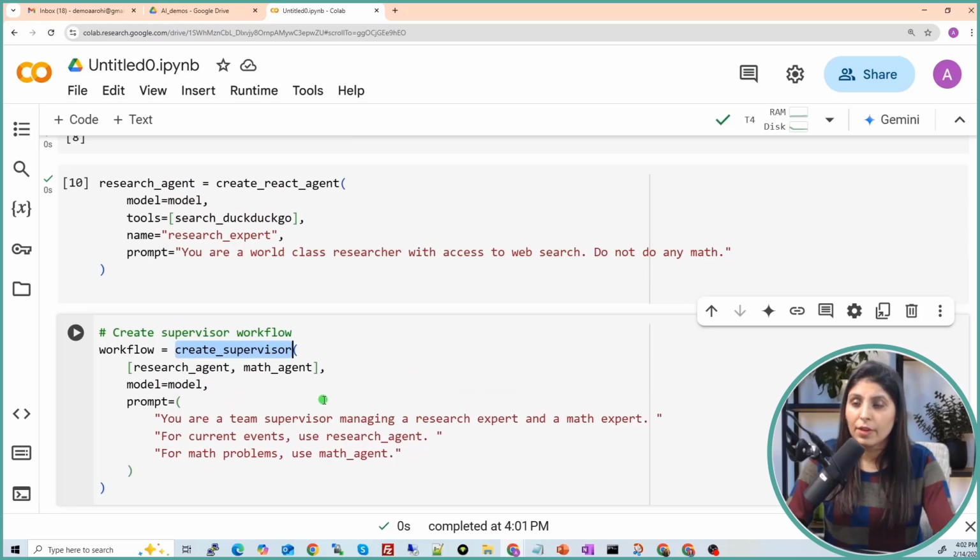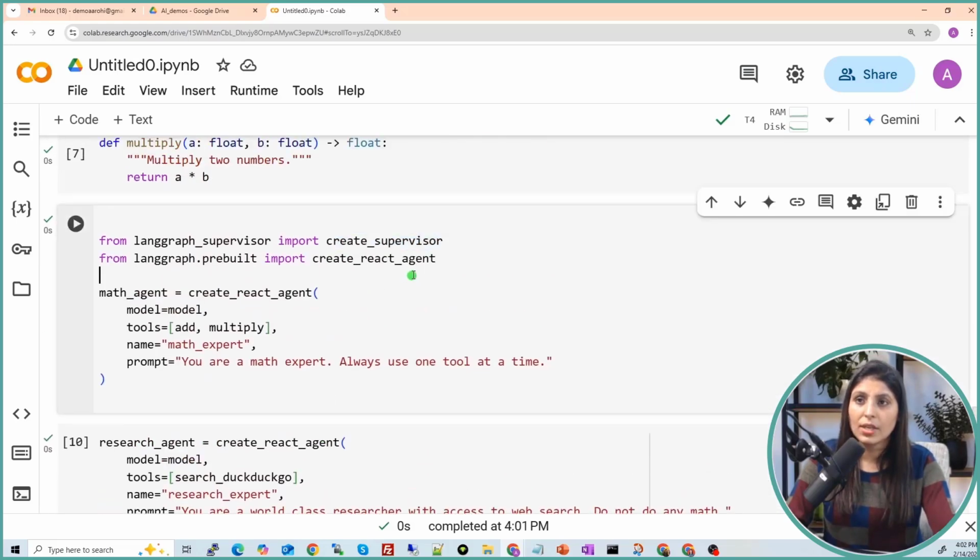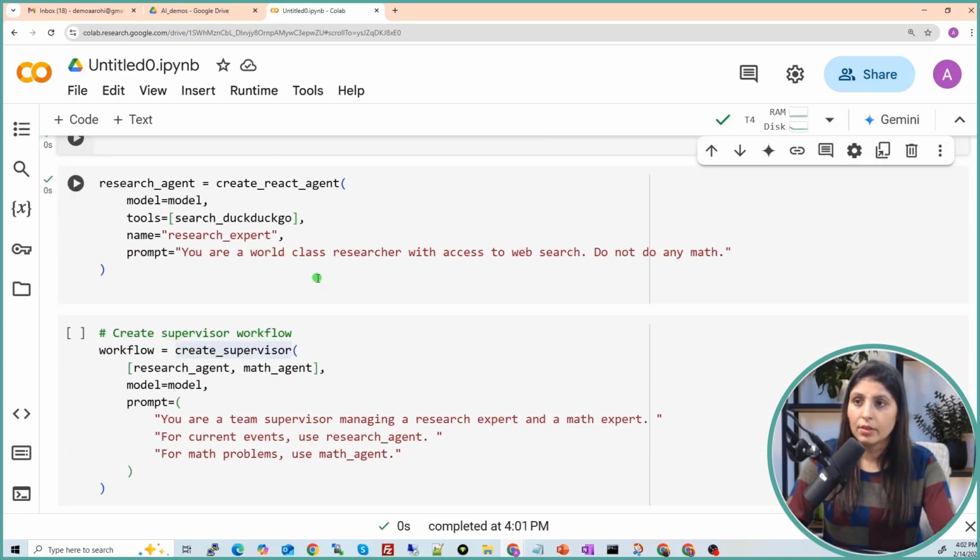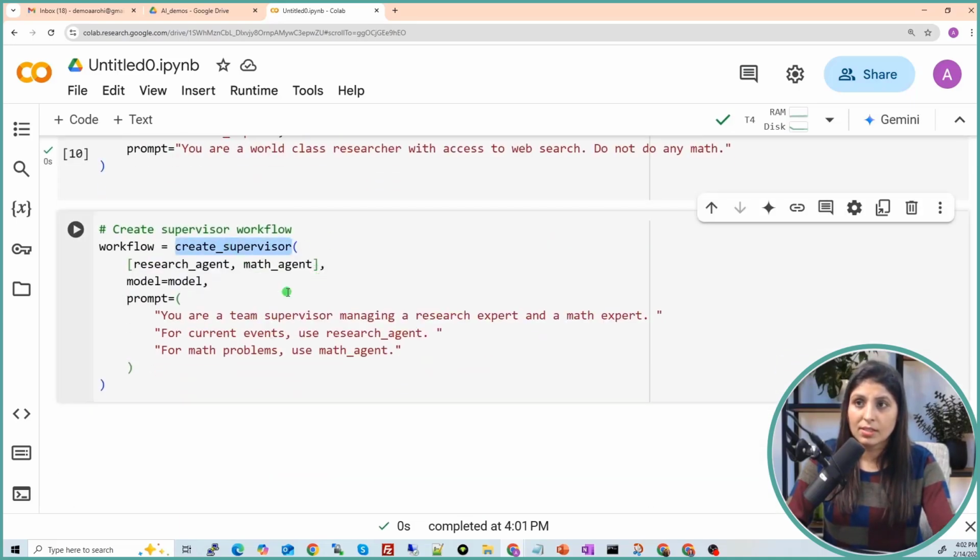Create supervisor. From where are we getting this? See, we are importing create supervisor from LangGraph supervisor. For create supervisor, you provide the list of all agents. So we have two agents, research agent and math agent.